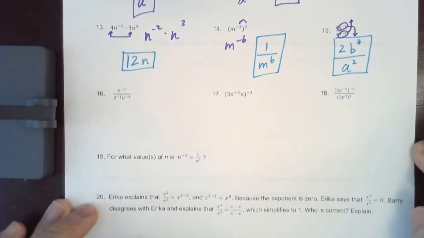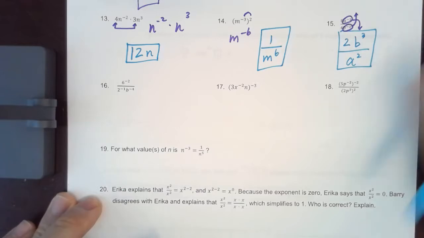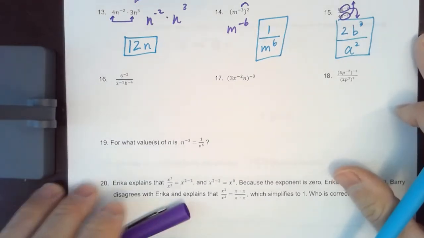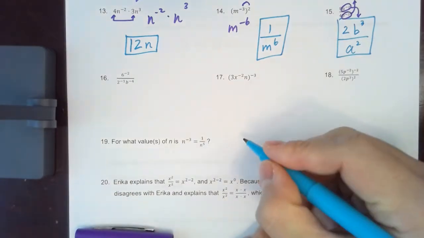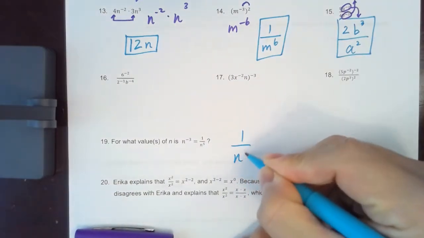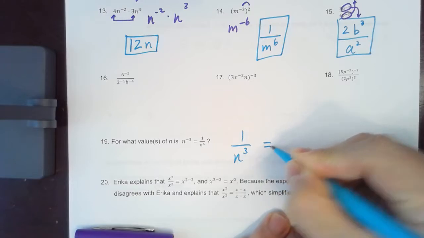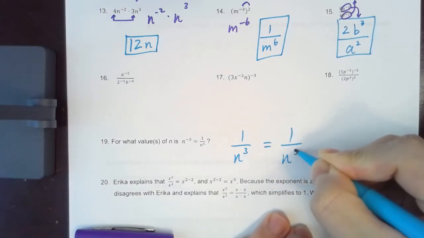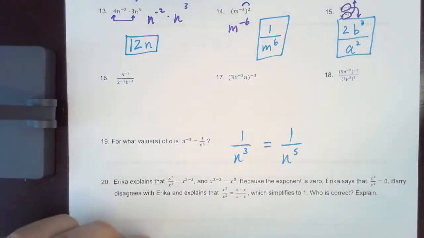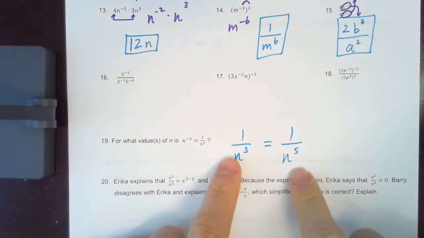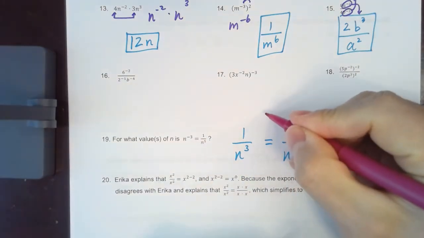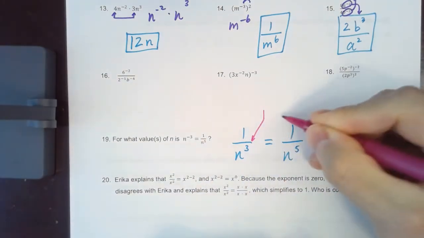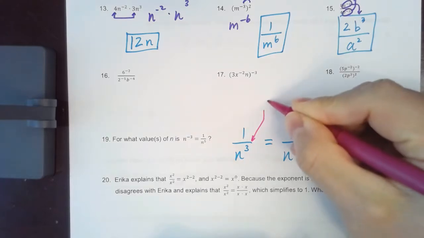Okay, so number 19. For what values of n is n to the negative 3 equal to 1 over n to the 5th? Okay, so it's kind of like asking you, when is 1 over n to the 3rd equal to 1 over n to the 5th? Okay, so this is conceptual. This is a conceptual question. It's kind of asking you, when would n cubed ever equal n to the 5th? Okay, so the first thing I want you to identify is these are both odd